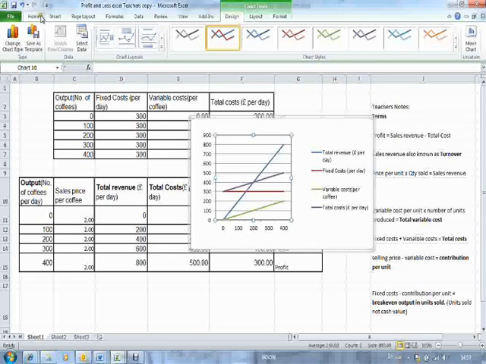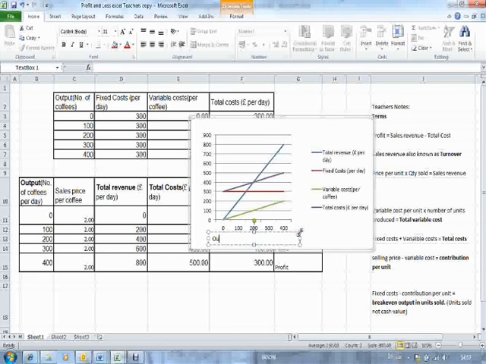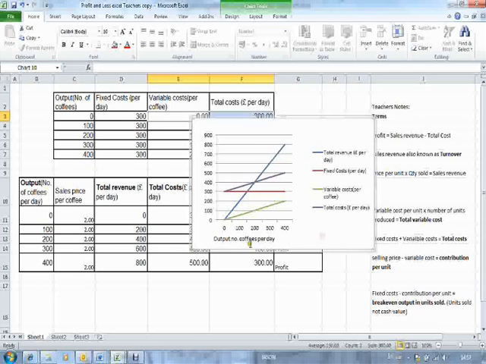So to label, insert, text box, draw my text box there, and output coffees per day. So that's that labelled,